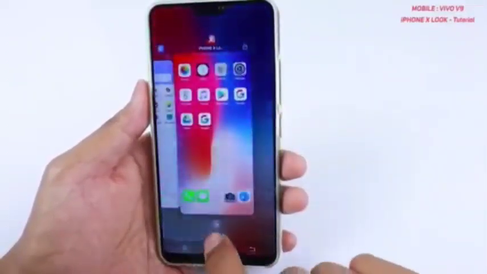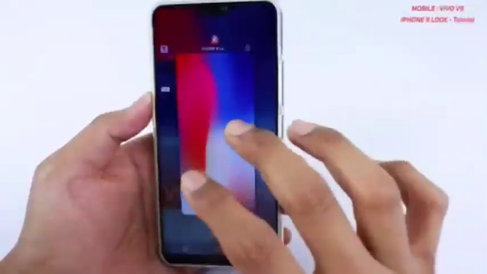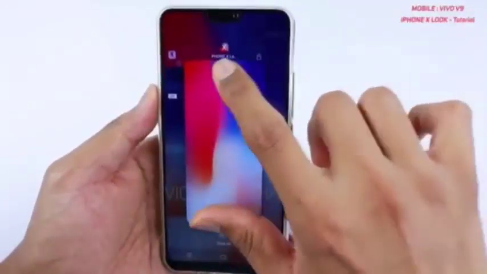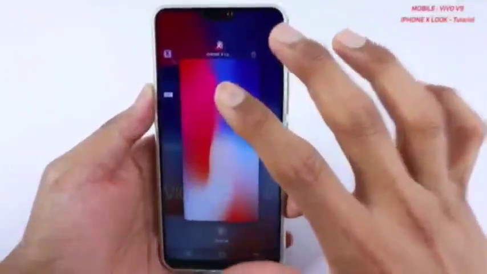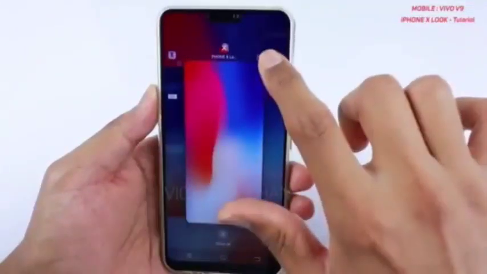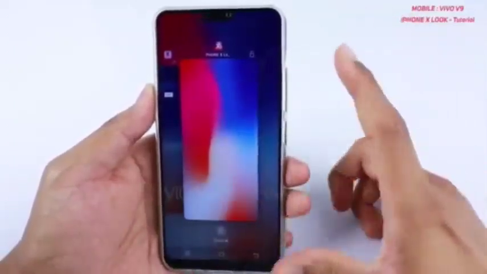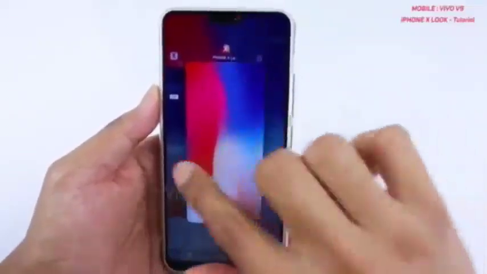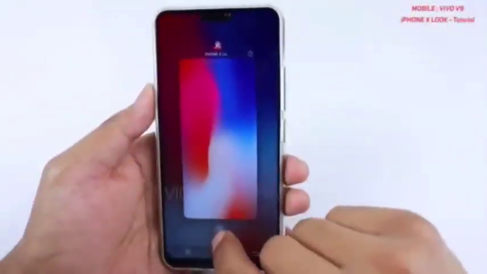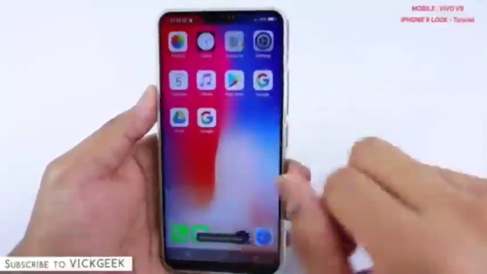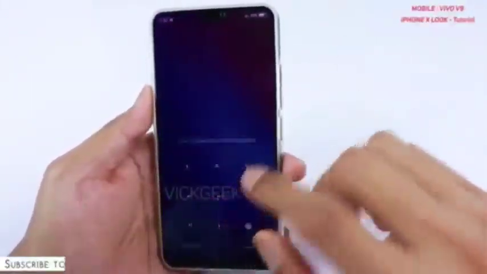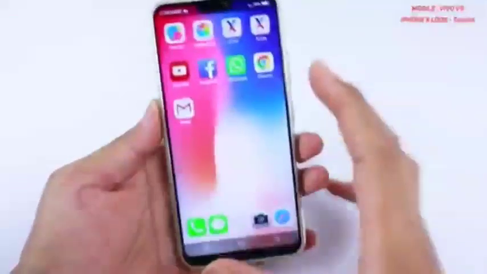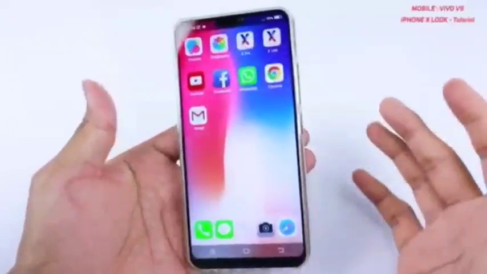The problem here is that if I close all, now it is activated. As you can see, if I close all, because this iPhone X locker is locked here, it will stay. But if I swipe down and unlock it, it will go off and the default lock screen will be back again. So make sure you have swiped once for this iPhone X locker. The others you can remove and tap on close all, but make sure this is there. If it is there, when you unlock, you will get the iPhone X style unlock version here.